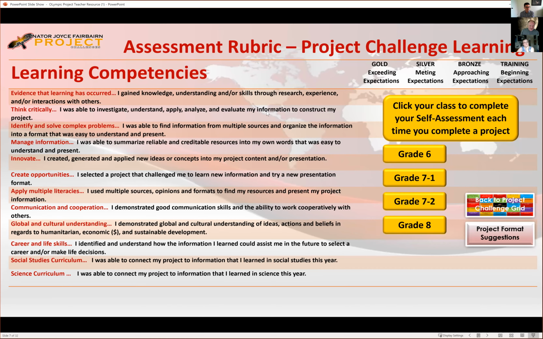And these competencies follow the Alberta Ed competencies, the 10, but we also tied in 2 more at the end with how does this connect to your social studies curriculum that you've done all year and your science curriculum. So we had just about 700 kids working on this project. We didn't make it specific to a grade, so all 3 grade levels were working on all these projects at the same time, allowing them to use their background, science and social studies to do that.